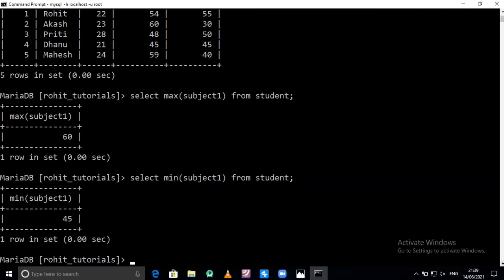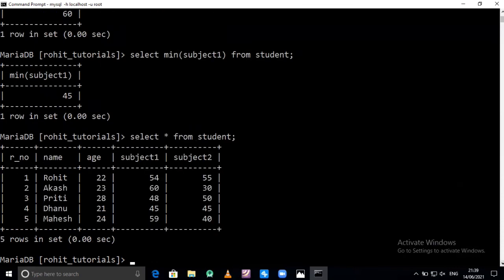Now move towards the next function, sum. Firstly, we will see our student table. Suppose I want to apply the sum function to the attribute subject1. It will retrieve the addition of each and every value available in subject1.